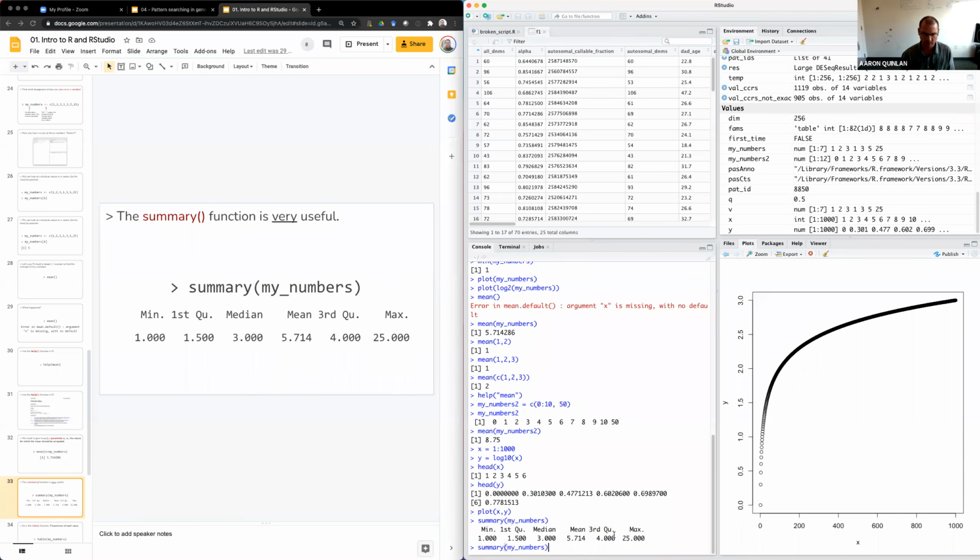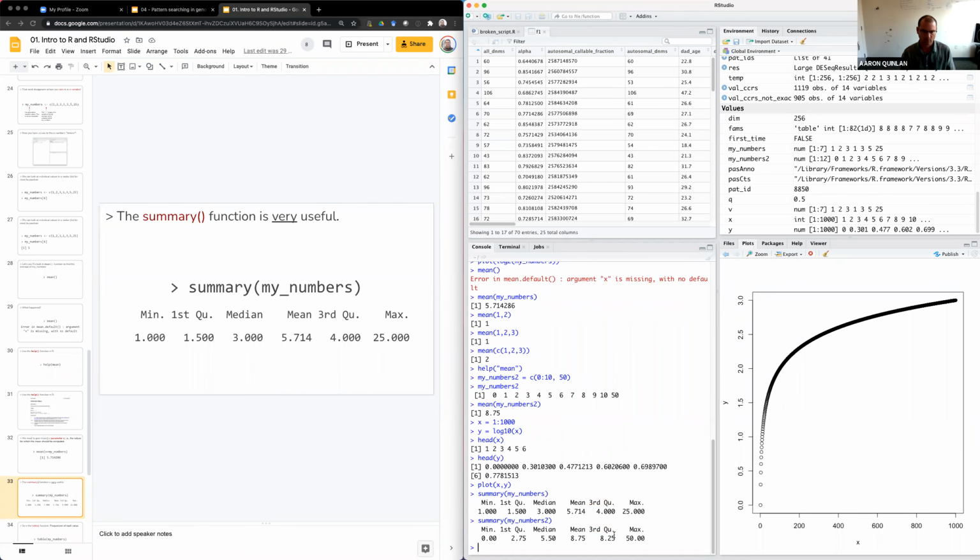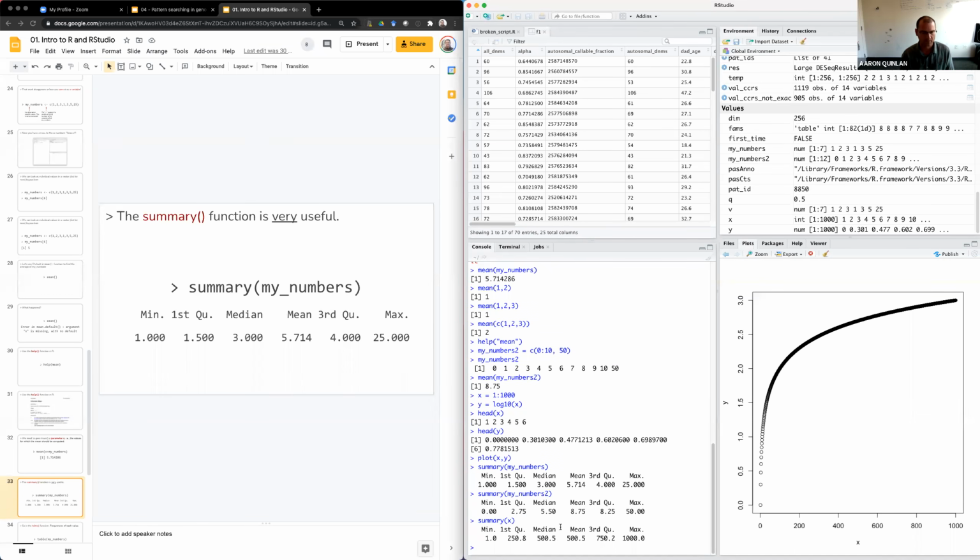in one go. So now we can do this, and it did that very quickly for 6 numbers, or 7 numbers, I guess it is. But what about for 1,000? It's nearly instant. Let's do this for X actually. X has 1,000 numbers in it. So now we know the minimum is 1 because we started at 1 and went to 1,000. The max better be 1,000. It is. The median, not surprisingly, is close to 500,